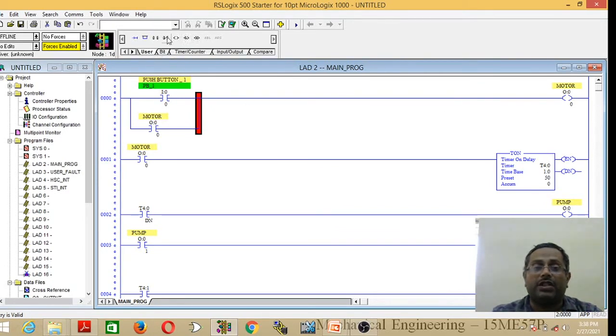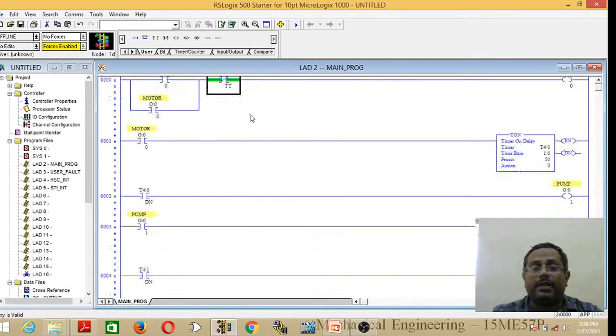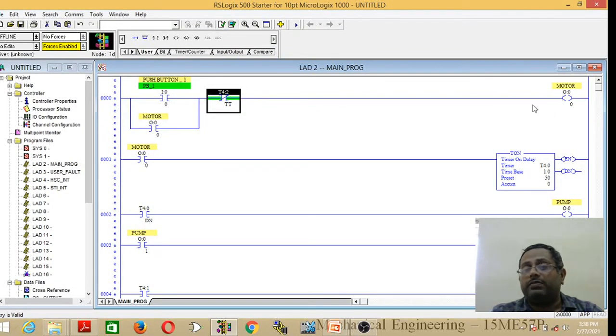For that go to user and add a closed contact. When to switch off: either you give T4:2/TT or you can give T4:1/DN also, after completing 40 seconds, or else when you start the 10-second counting. Now it will switch off the motor after reaching the 40 seconds.